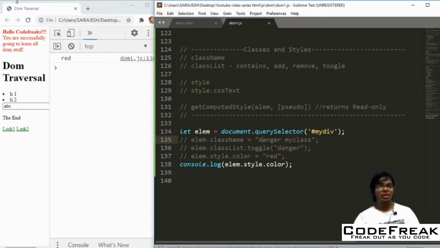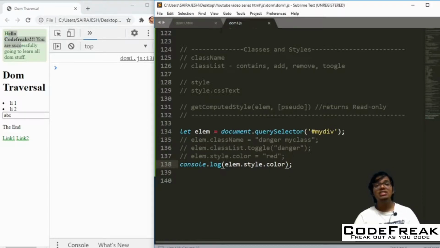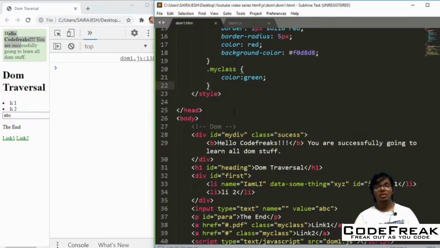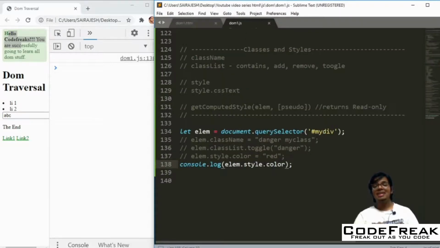Let me comment these 3 lines. Okay, so now let us see what happens. Right now the color of the text is green, but why is it not shown here? Because we have changed the attribute. You see here in the success class, we have added this through the CSS. So it is not taking that, it's an attribute, it's not a property. Here we change the property, so it was showing. So how can you get the final calculated style?